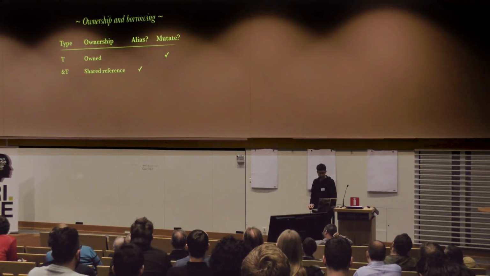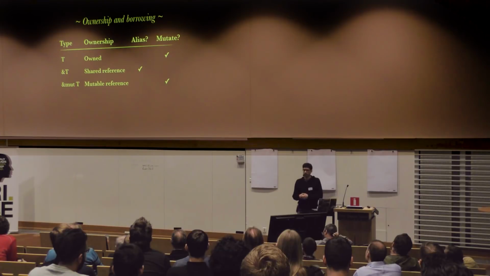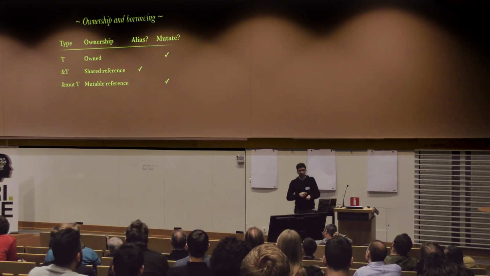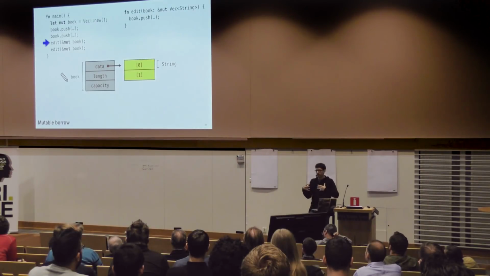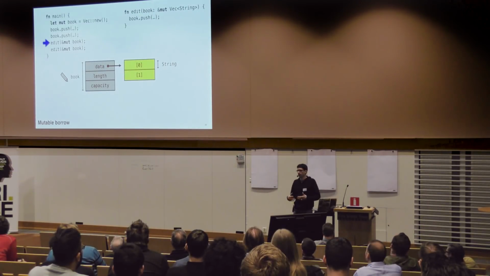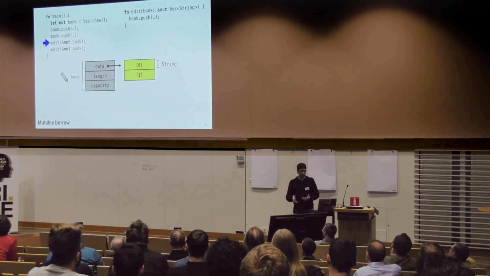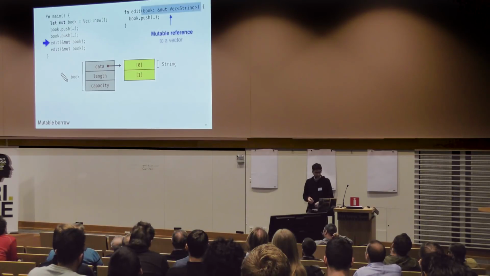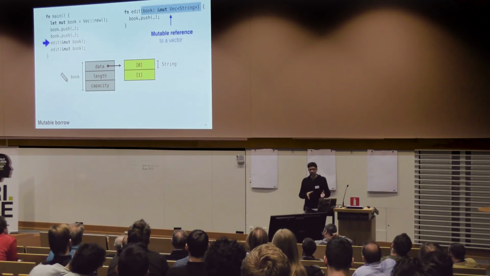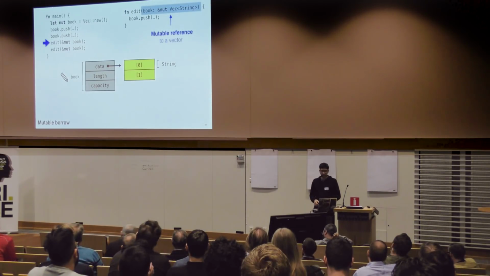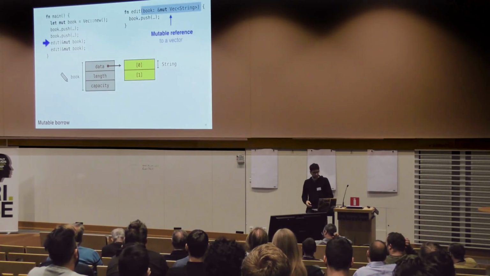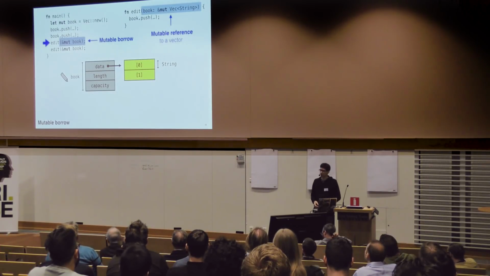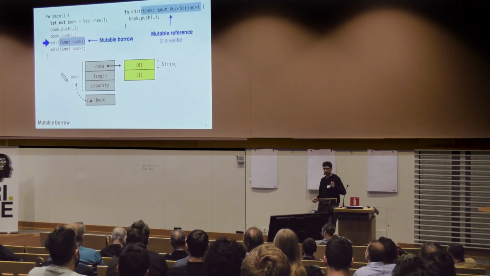And then I'll cover the last point, which is mutable references. So this is the same basic idea. You want to temporarily give access to your data structure, but you want to allow the function you're calling to make changes to the data structure. Right? So we have a function like edit that's going to change the book in some way. And it kind of looks the same syntactically. Instead of ampersand Vec, we have ampersand mut Vec to make the mutation explicit. But otherwise, it's very similar, right? And in fact, at runtime, it's identical. We're going to pass a pointer, that's all.